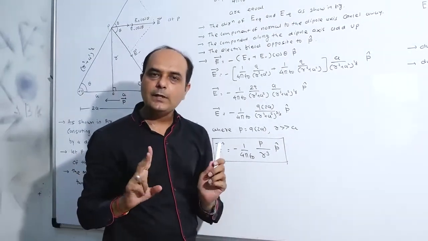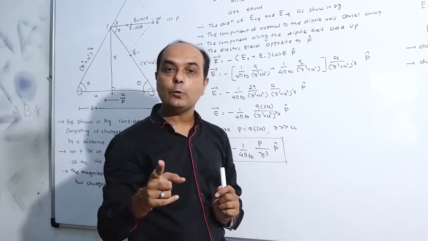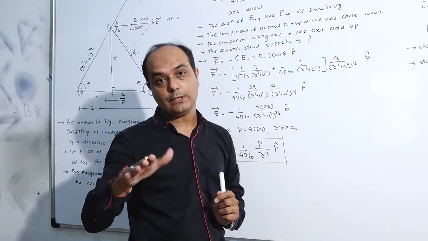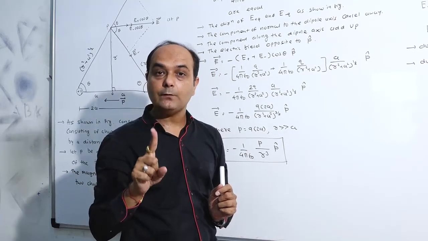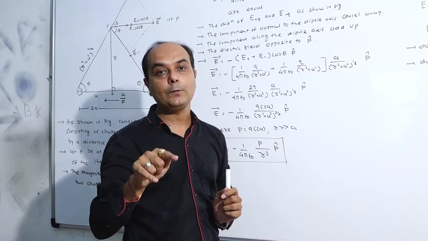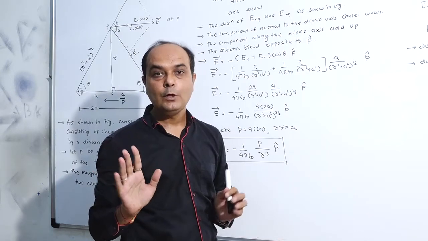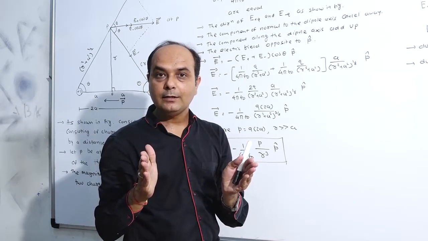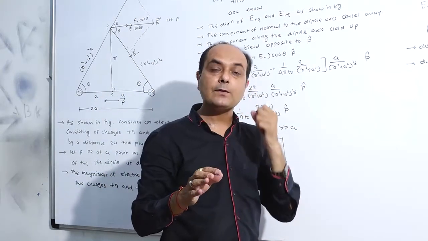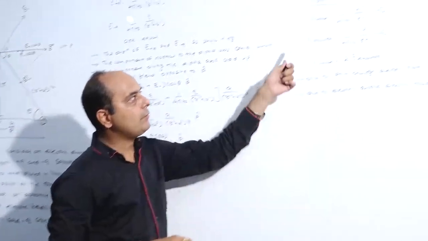So students, we completed two theories. The first theory was the electric field intensity on the axis of the dipole, and the second theory is on the equator of the dipole. And we studied one equation, the electric field intensity due to a point charge, given by 1 upon 4 pi epsilon 0, q by r square. What is the difference between the equation of electric field intensity due to a point charge and the equation of electric field due to a dipole? That is an additional thing to be shown here.